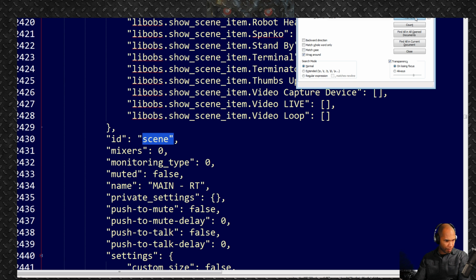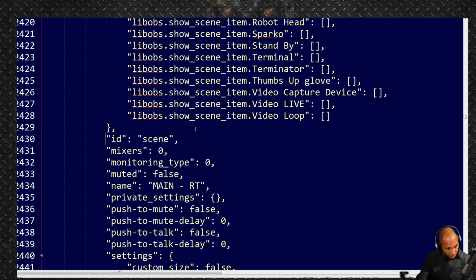I think these are the scenes. Okay, let's be a little bit more methodical about our approach. I need to think of this like programming, right? Let's say that this is it, and I have a good feeling that this is what I've been looking for. I think this block right here